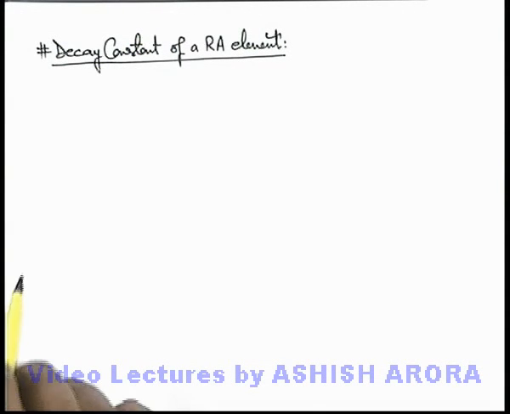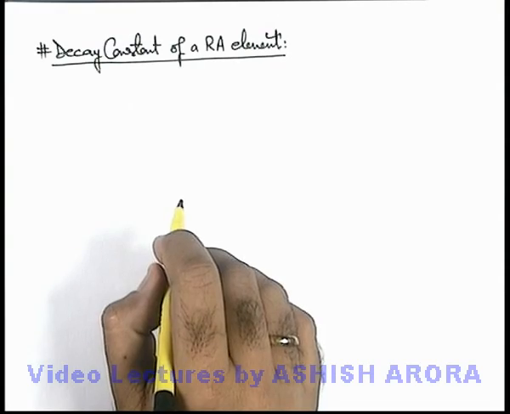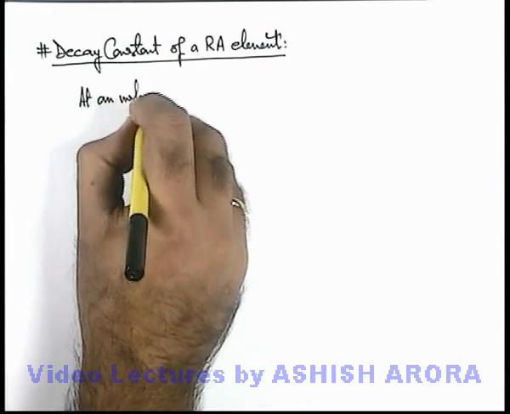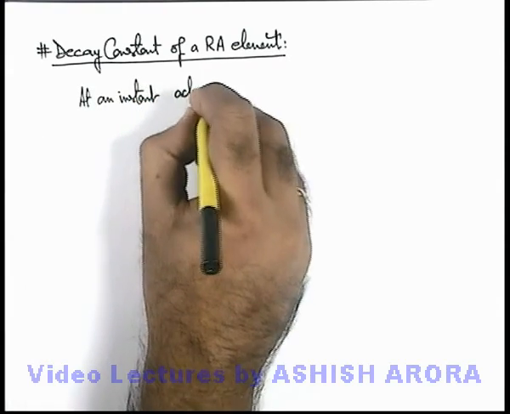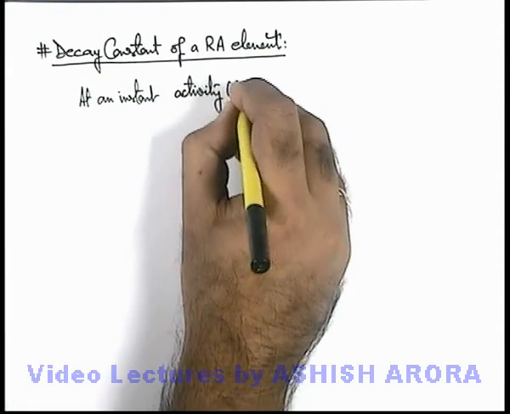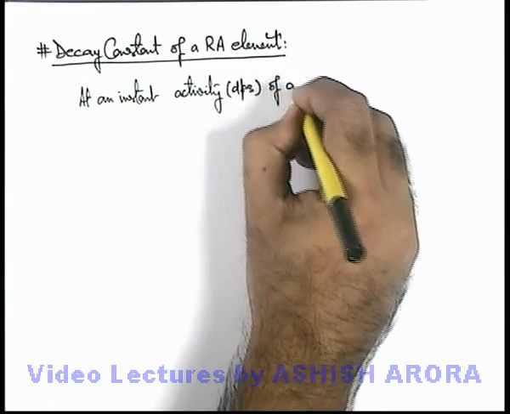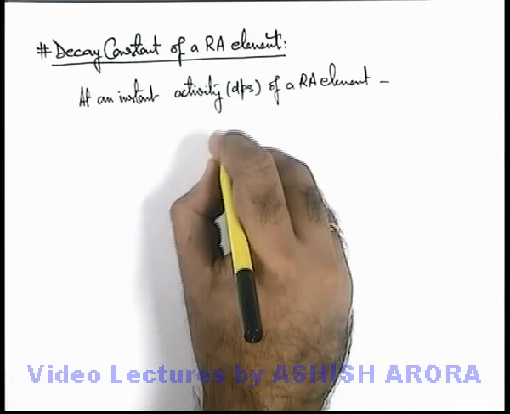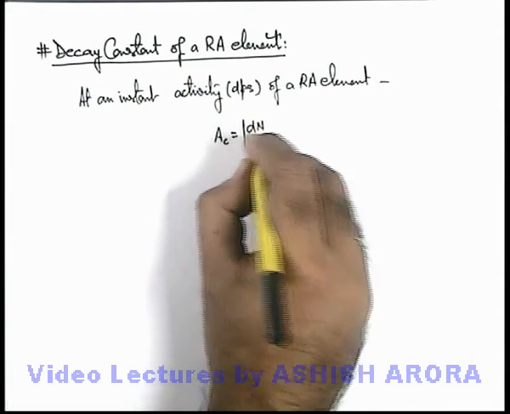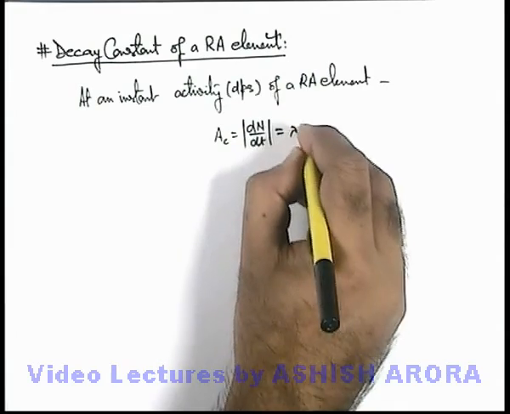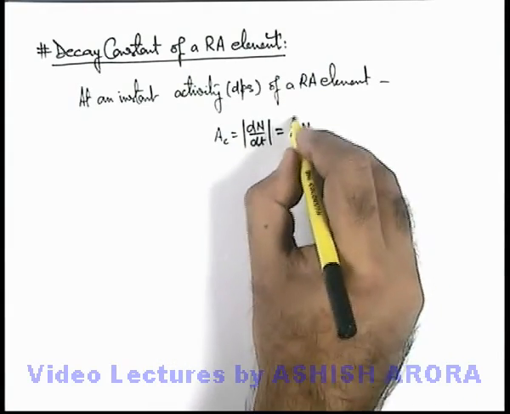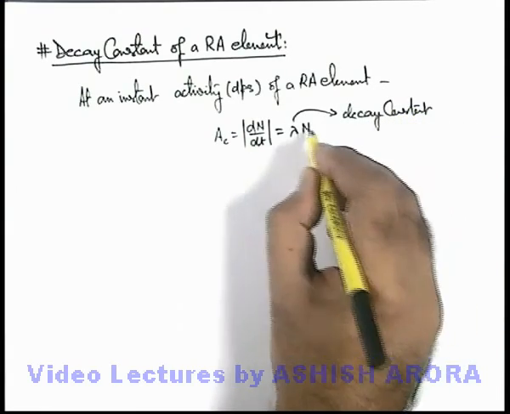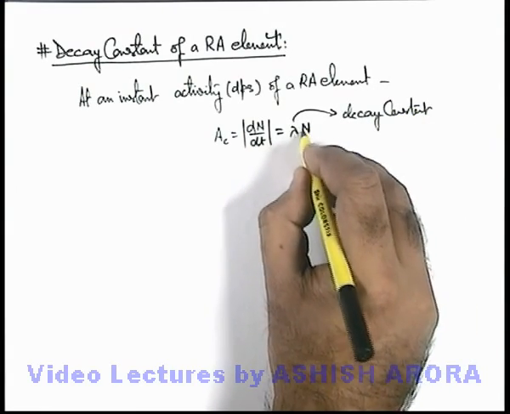Let us talk about the decay constant of a radioactive element. We already discussed that at an instant, activity, which is measured in disintegrations per second, of a radioactive element is given as, this activity we write as mod of dN by dt, and its numerical value is lambda N, where lambda is the decay constant of the element and N is the number of undecayed nuclei or parent nuclei